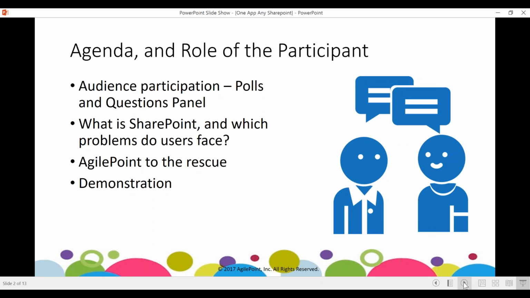Okay, so to the actual content of the webinar, there's going to be a couple of portions to today's session. First things first, I'll go through a few slides just to introduce a few of the concepts that you'll see throughout the session, touch on a few of the ways that AgilePoint can address some of these challenges that we're seeing in the SharePoint market. And then during the second half of the presentation, we'll do a demo. So I have a couple of demo apps queued up here that really highlight the value that AgilePoint brings in the SharePoint context.